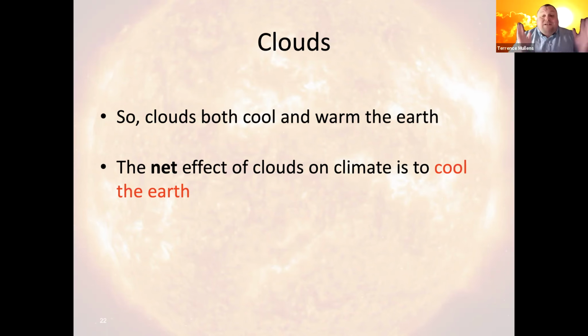So the jury is really out on the effects of clouds on climate. But it is important to know that as our world warms up, it's going to become a cloudier world. The type of cloud is going to greatly dictate what these clouds do to Earth's temperature. So that's pretty much it for this module.